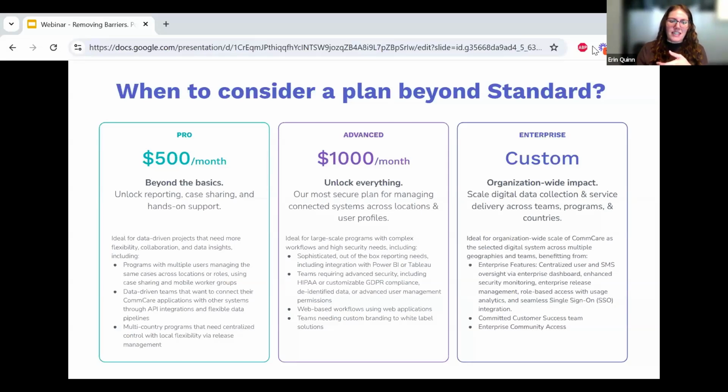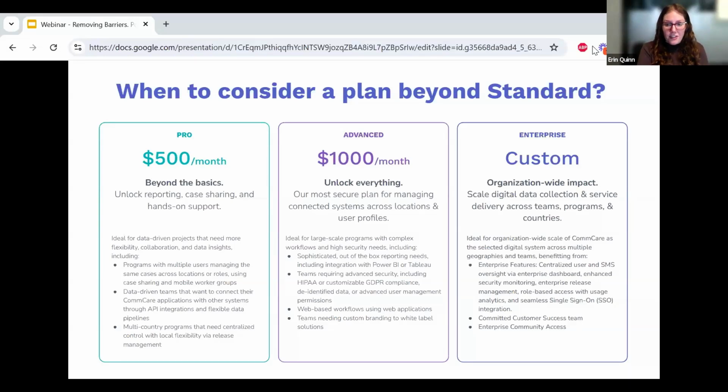I think you said it earlier in the webinar, Amy. This is not like a stripped down light version of this. You really get a whole lot of the power of CommCare in this entry level plan. So, the full set of case management features comes along with it. So you really do still get a ton of the power with it.